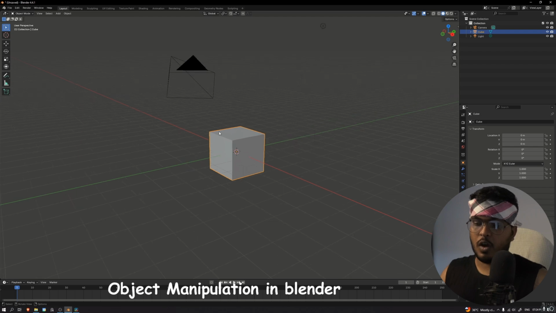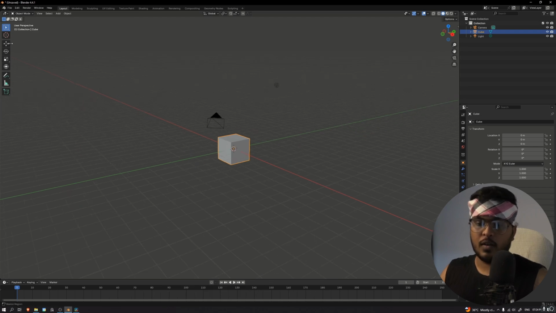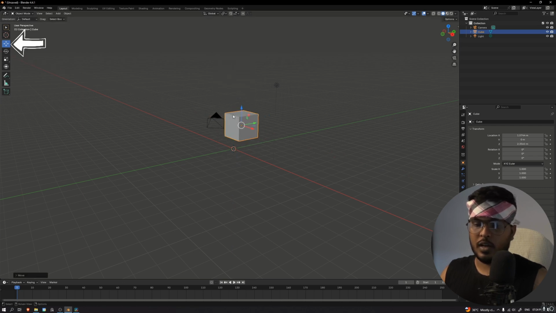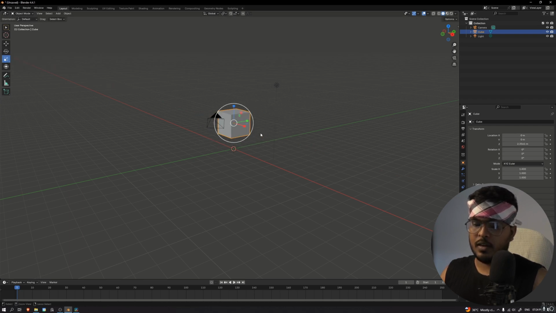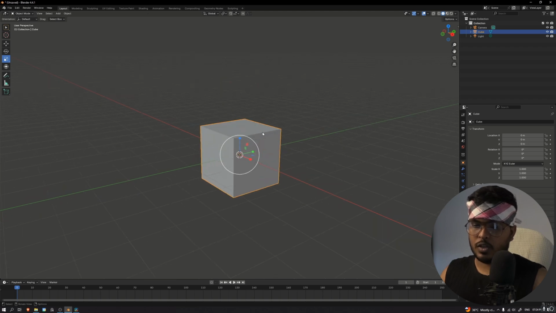And if you want to move your object, there are two ways. One is these 3 buttons. For moving this, you can use this. You'll see the gizmo and you can move, rotate and scale. This is here. Or else if you want to use the shortcuts, for that you just have to press